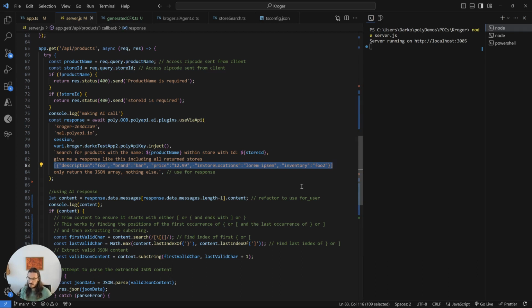As a front-end developer or a client developer, I might just end up at some point in the near future having to write statements like this instead of having to go use APIs. And that's the vision behind this kind of major innovation breakthrough here. So let's go take a look at what this UI looks like and get a feel for how this manifests.